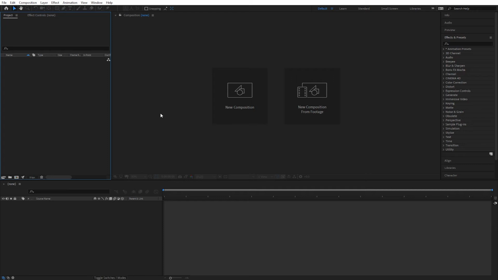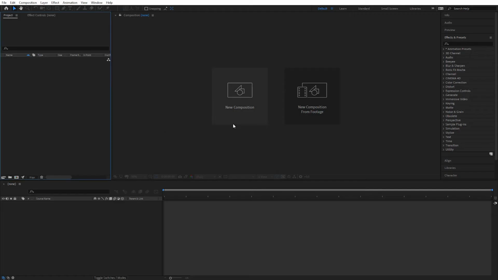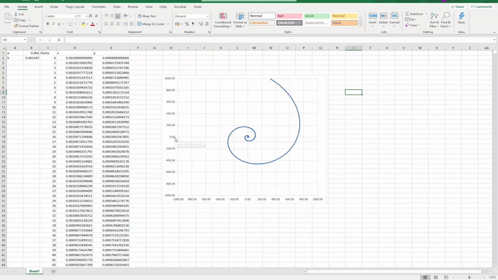Hello, this is a demo of BP Dynamic Line Chart. What we're going to be doing is getting this spiral plot into After Effects, into Dynamic Line Chart on After Effects. So the first thing we need to do is get our data in this Excel sheet ready for